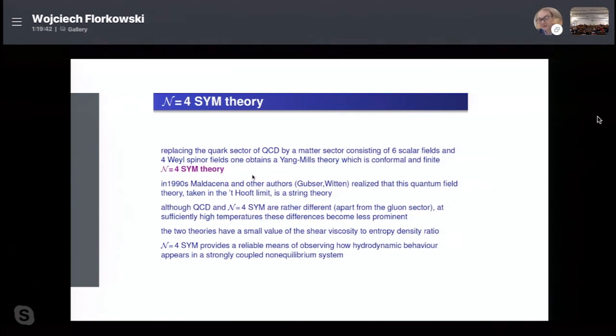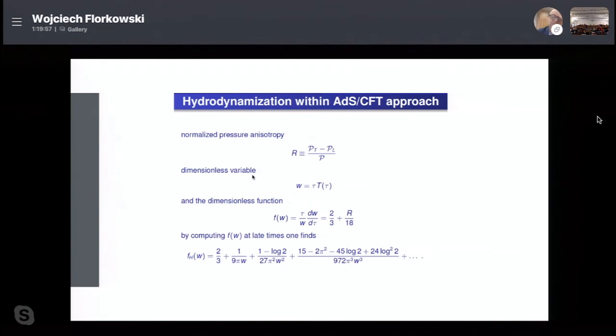This value is also measured in heavy ion collisions. So this suggests that quark-gluon plasma is really a strongly interacting system with the minimum value of the ratio of eta over S. And now, what was done by my friends from Krakow is that they made many calculations for different initial conditions, and they also studied the difference between the transverse and longitudinal pressure for such systems, which are very strongly interacting. So R is the ratio of the difference PT minus PL over the average